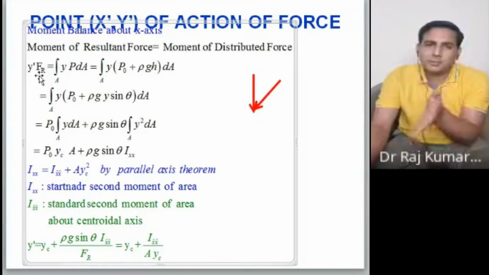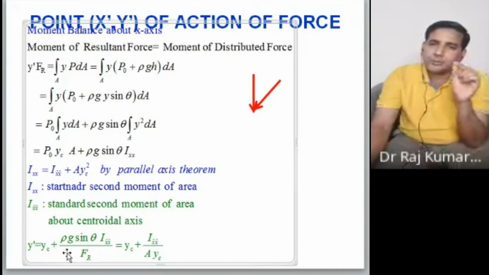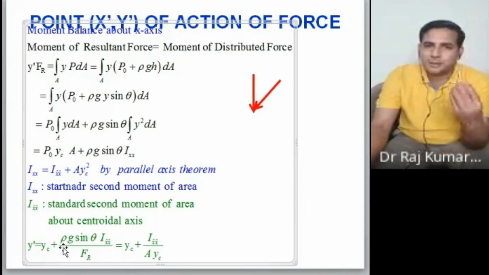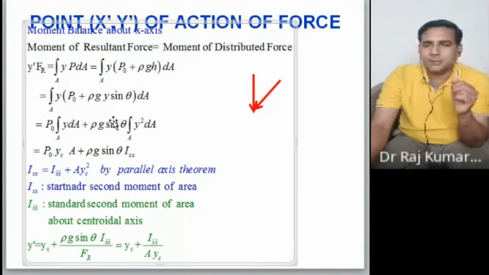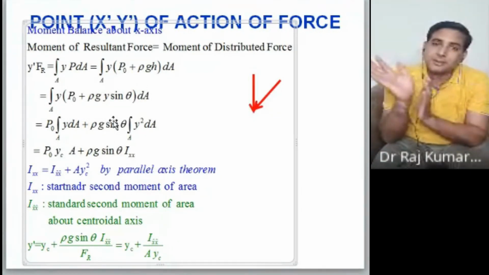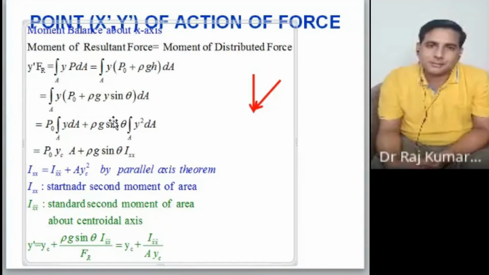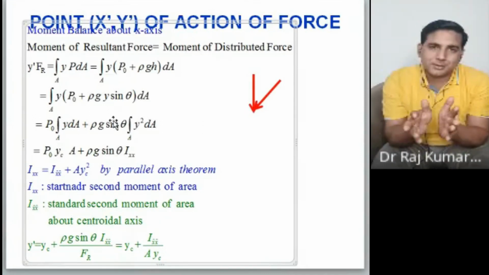You are only doing the moment balance. But for the other formula you have to remember things, and it will give you the answer in one line, if you know the values correctly. Otherwise you will get 0. No intermediate marks would be given for that formula, because you are not doing anything. Here you are doing the integration and everything. Somewhere if you went wrong, still you will get marks for that because you have shown some working procedure. The question is the same. Yes or no?